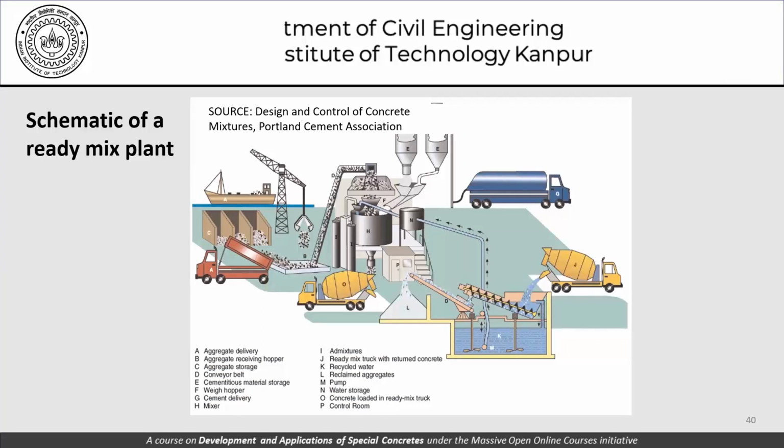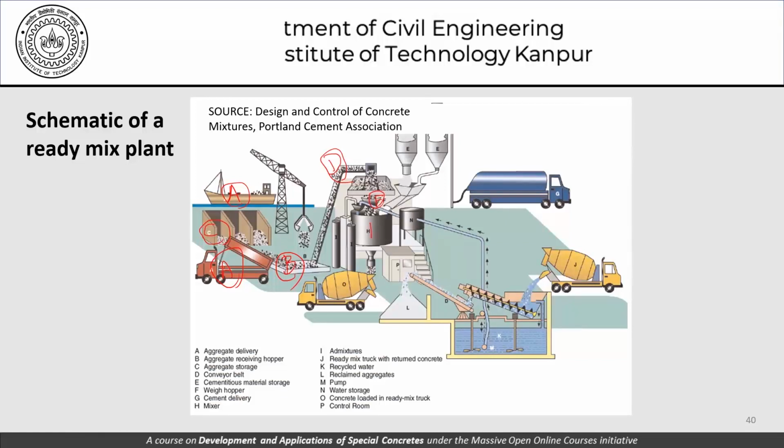This picture here shows A as aggregate delivery either from here or from here. Then we have B, which is the aggregate receiving hopper. C is the aggregate storage that we have here. Then we have this aggregate being delivered to this area here using a conveyor belt, that's called D. F is my weighing hopper where the aggregate is weighed and fed into this mixer H, which is the actual